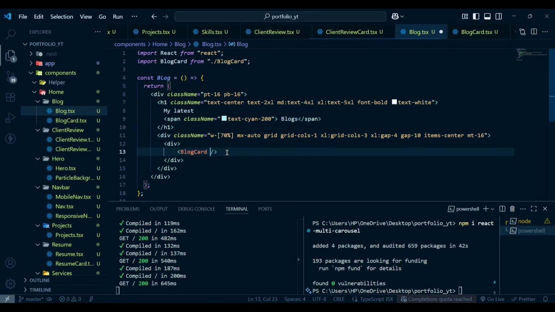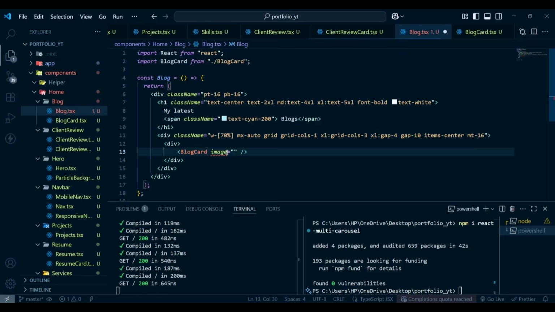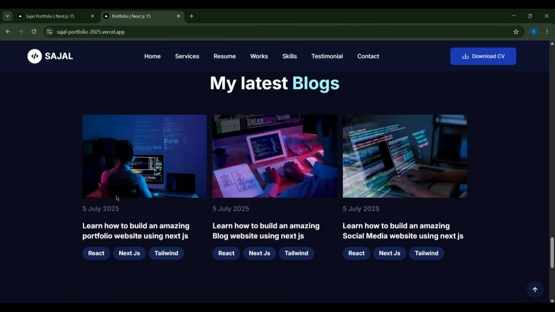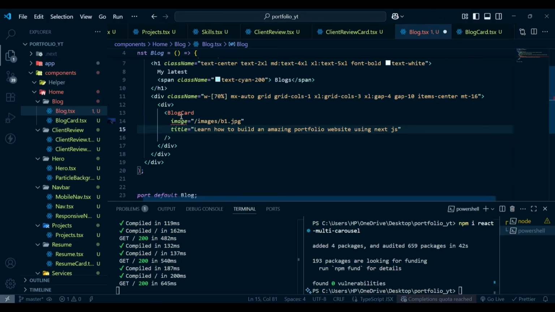and in the block card we are going to pass some props. First is the image. So for the first one, the image will be slash images slash b1.jpg, and then we are going to pass a title, and for the title I'm going to copy it from our deployed version. So I'm going to copy this, and then I'm going to paste it here. So this is our first